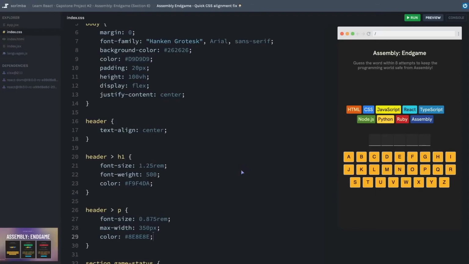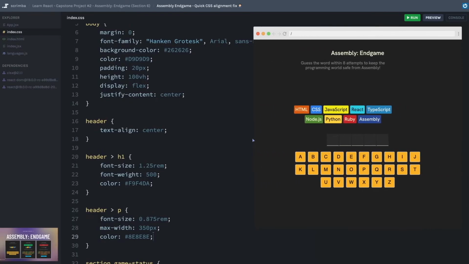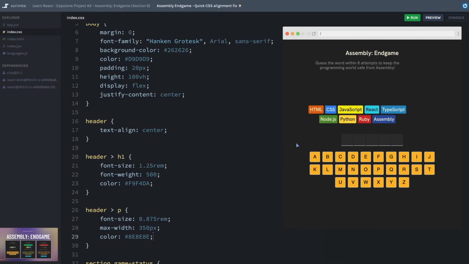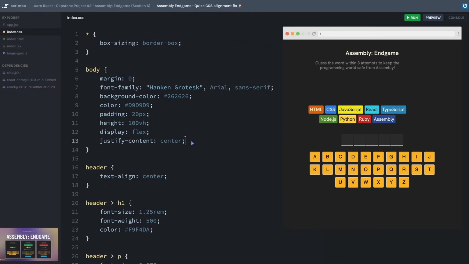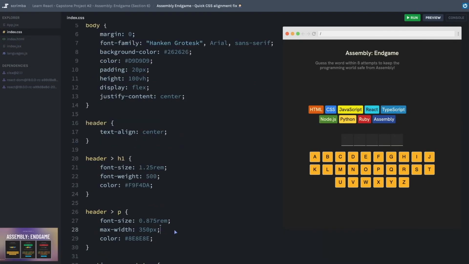Before we jump into a quick side lesson, I wanted to apologize for anyone who is following along locally. I had a design flaw that I didn't realize I had introduced here, because as I'm recording here in Scrimba, our mini browser here is quite narrow, and the flaw was something that I kind of overlooked. Those of you who have been using a wider screen have probably noticed that things are not aligning quite right. And it turns out it's any of the elements that I have added a max width to. You see, when I have the justify-content center on my body, it's taking the center point of the element as it would be if it weren't constrained with a max width.